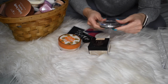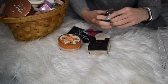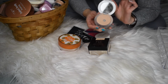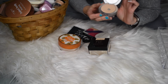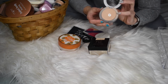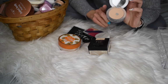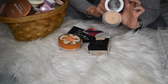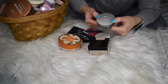This one by Pure is the 4-in-1 Press Mineral Makeup. This is a powder foundation from Pure. You can see I have a pan in it. This is actually my second one I purchased of these, and I obviously love it. I think because I already have a pan in my second one, I haven't been reaching for this one because I'm like, I don't want to repurchase it, but I should really focus on any powders I have with pan and try to use them up because I can actually give myself some space